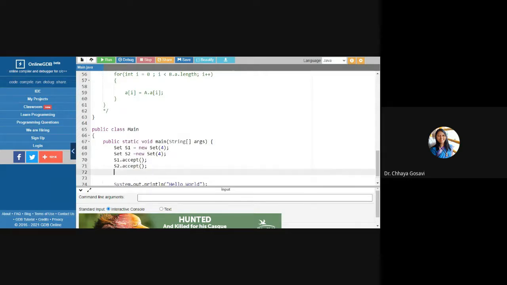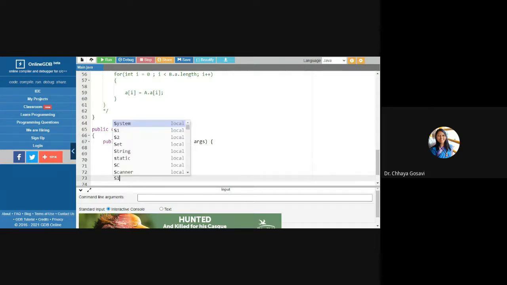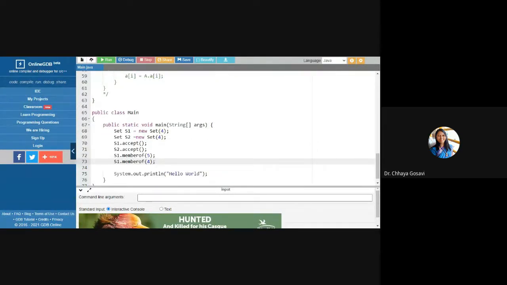Just check whether these functions are working or not. And then we'll check whether some variable is a member of a set. For example, I have to check whether 5 is a member of S1. Or say 3 is a member, 4 is a member of S1 or S2, you can check it. And we need to print.